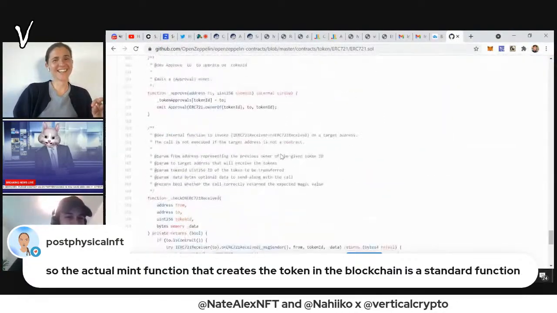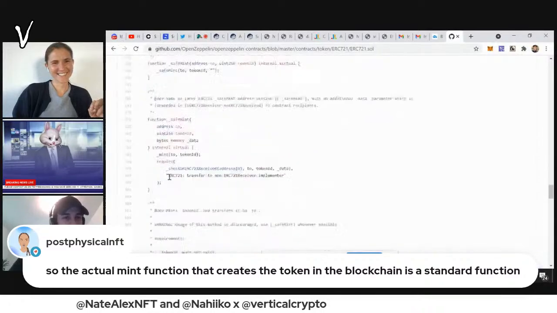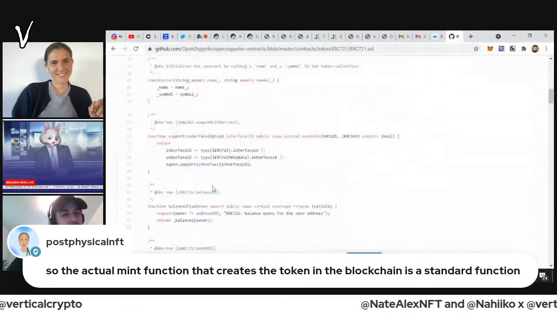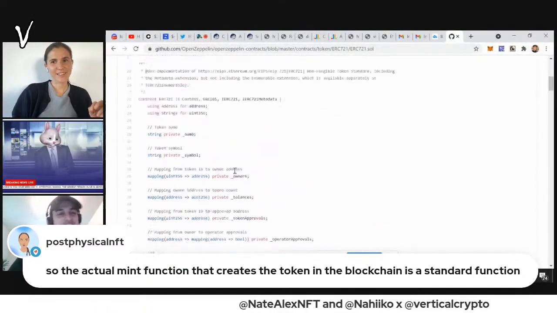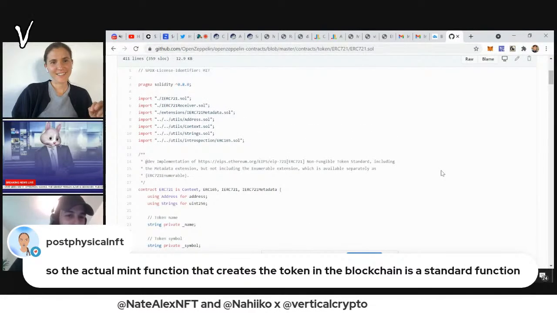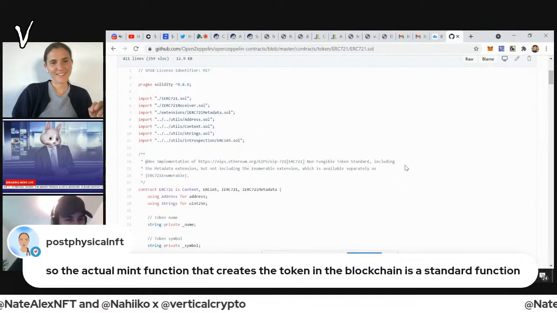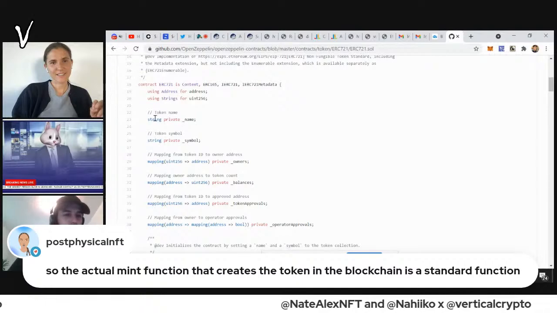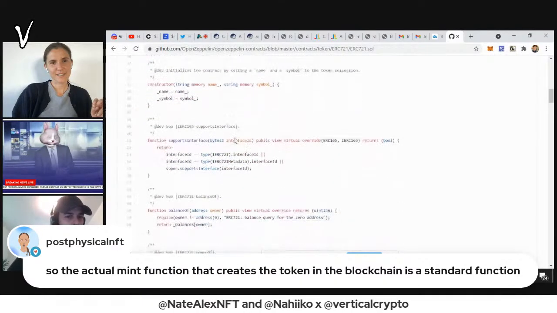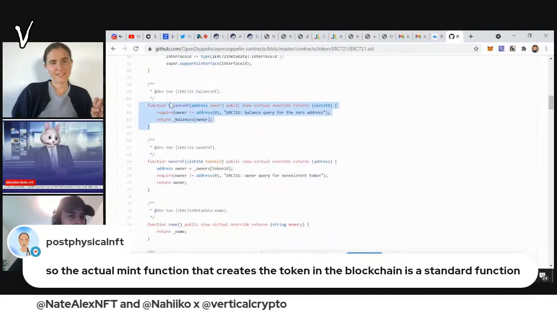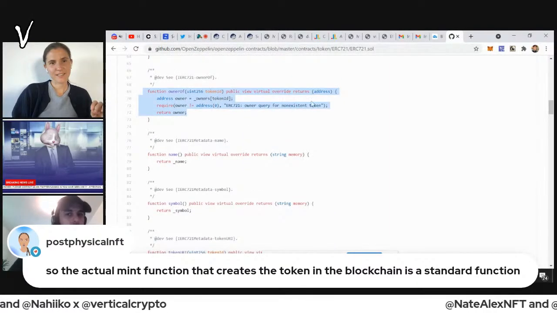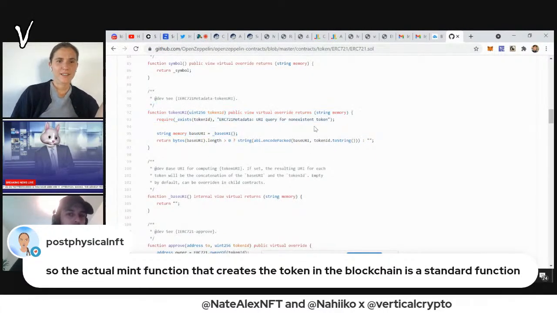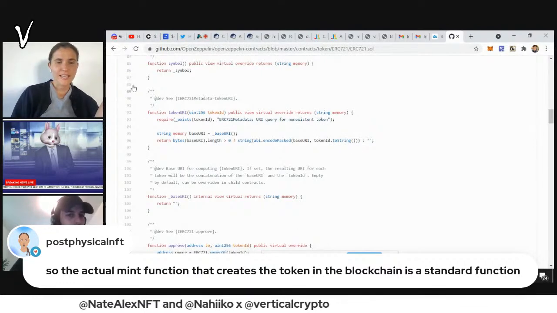This is, for better or worse, boilerplate code that you can use for all your ERC 721s. You can't just take this code and deploy it and then your project is done. You still have to write the logic for everything that's unique about it. But this handles simple things like the token name, the symbol. It handles how many somebody owns. That's what balanceOf is. It handles who the owner of a given token is. It handles this tokenURI function, which you still have to tell what to output, but it handles at least